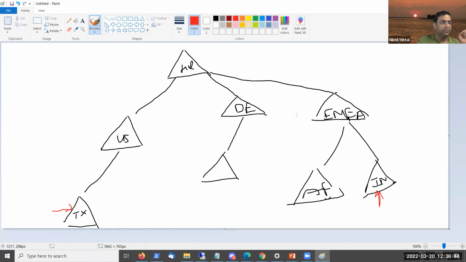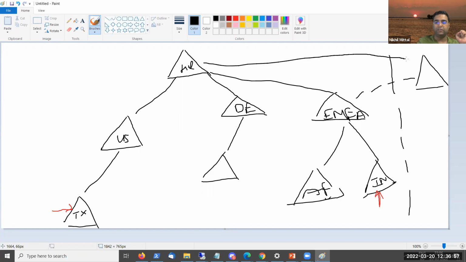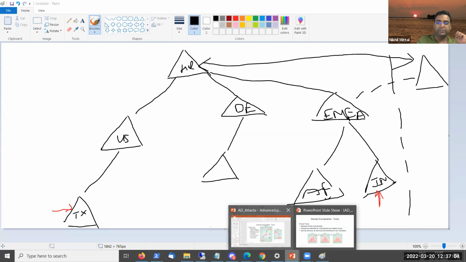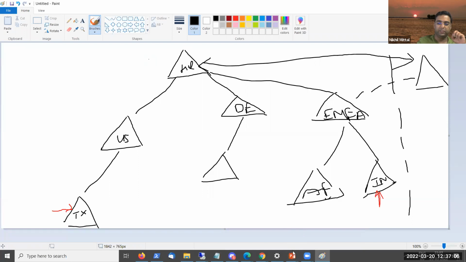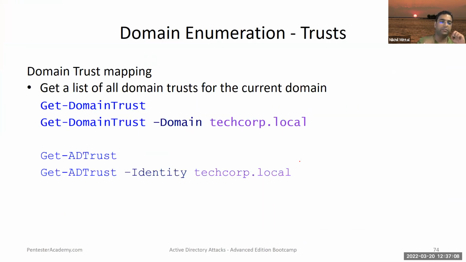And by understanding trust relationships, we can also check if this impacts, let's say, a vendor or another forest that may have a trust relationship with any of the domains here, or with the forest group itself. Now we can map this sort of attack surface just by running a few commands. Just by running a couple of commands here, we can pretty quickly find out what the trust relationships are in the target